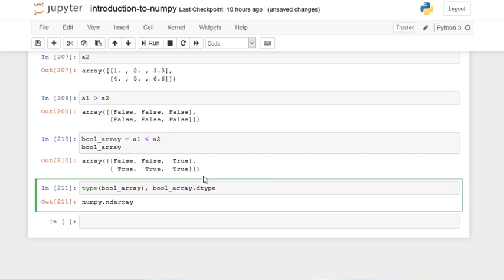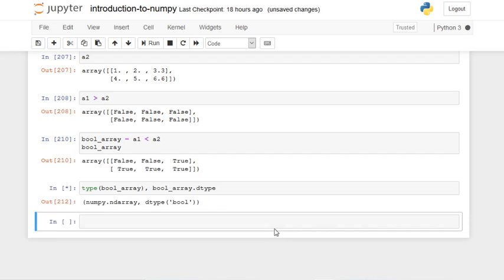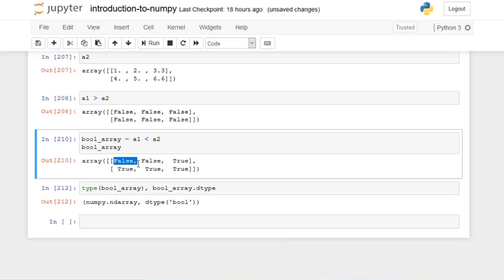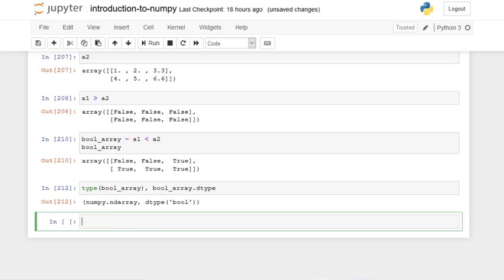So it will give us the data type of the most common data type of each of these elements. So the data type of the elements here is Boolean. So it's false, and it's either false or true, so those are Booleans. Okay, so